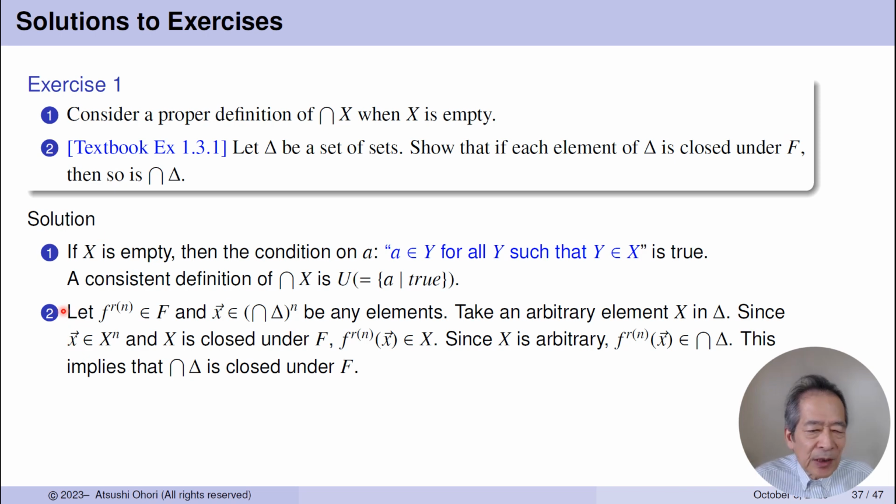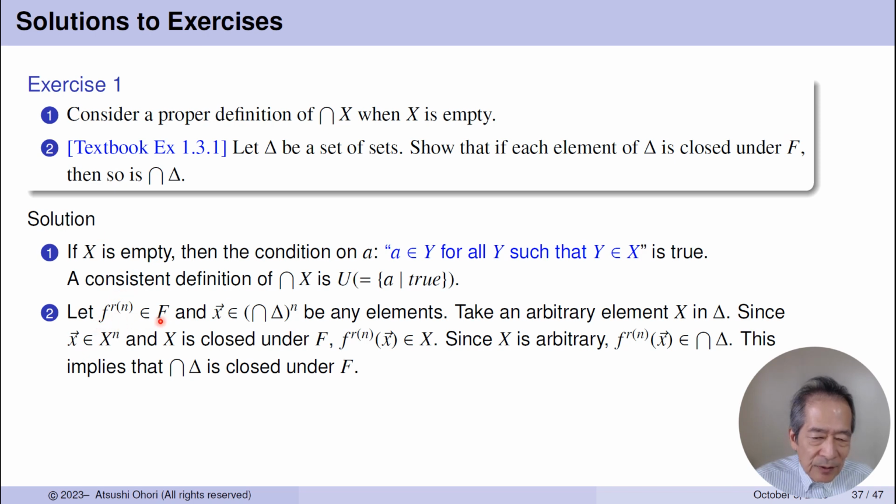This is a simple calculation. So your goal is to show that this big intersection of delta is closed under F, using the assumption that each element of delta is closed under F. So the conclusion we want to show is this one. So in order to show this, you pick arbitrary